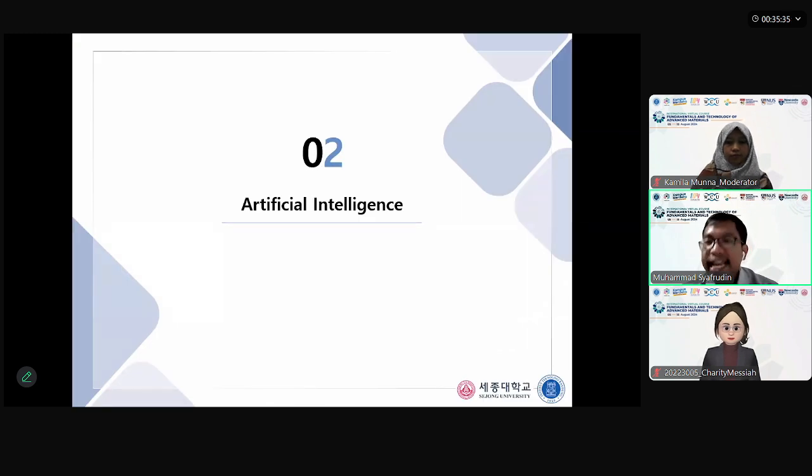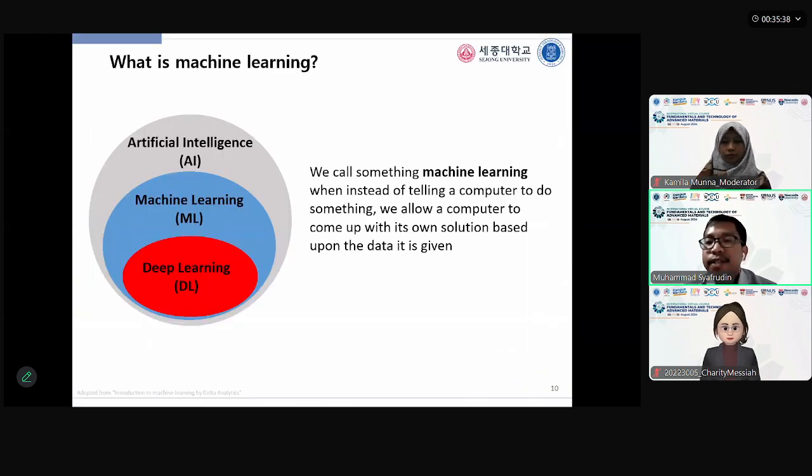Now let's move on to the AI itself. What is AI, so that we can have the same understanding. So please pardon me if this introduction to AI is very general, and if you already understand, hopefully this will give you some recall for your understanding. So actually AI is a general field, and inside the AI there is machine learning, the methodology that applies AI itself in the AI general term. And more specifically, we do have deep learning. So deep learning is basically the method that is specialized for